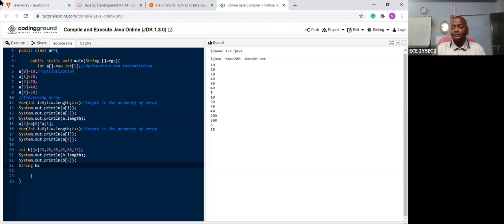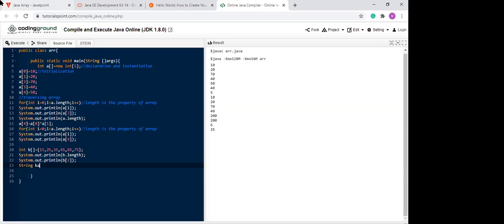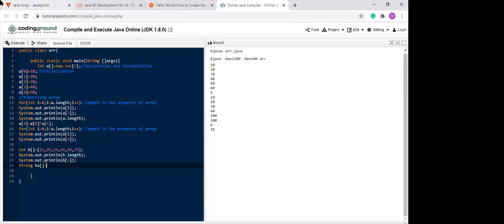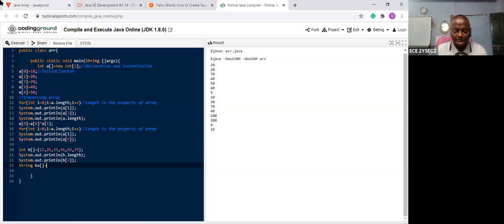Okay. So how to represent the array? What is the symbol for the array? Square bracket, sir. That's good. Then next, do you want to create a new one or do you want to directly assign? Directly assign, sir. So then what is the procedure?